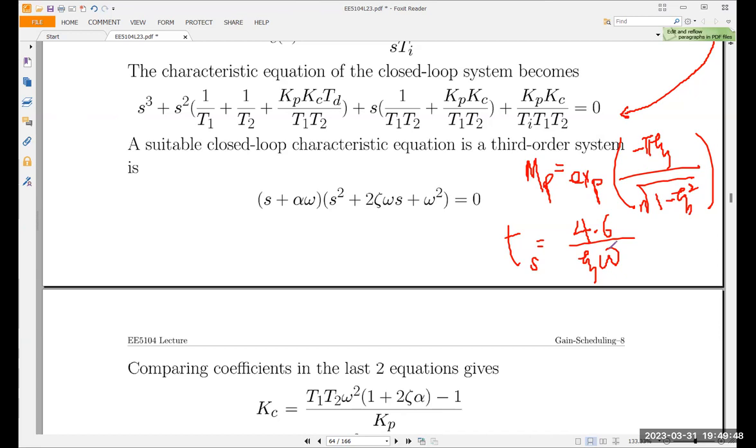This is maybe 5 minutes, so you stick it in, you get zeta, omega, get this, you choose alpha, then this one will have the numbers. And then I will expand this thing here. If you expand this thing, you will have s cubed plus s squared